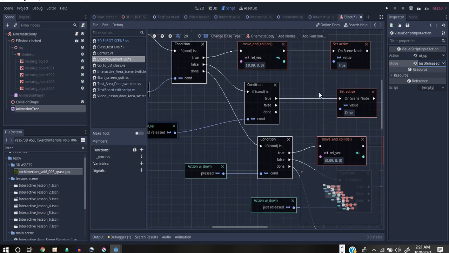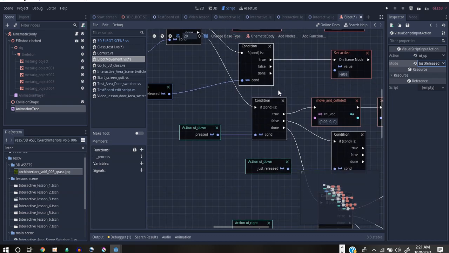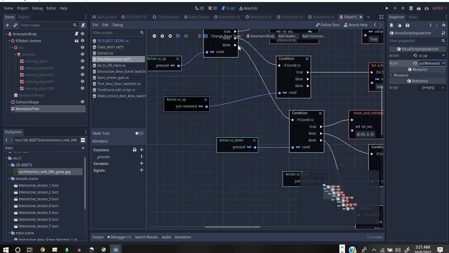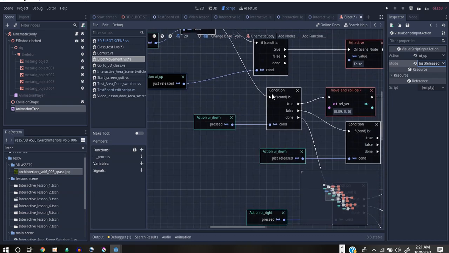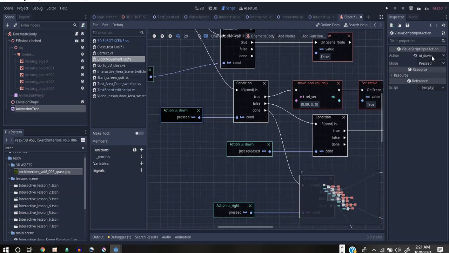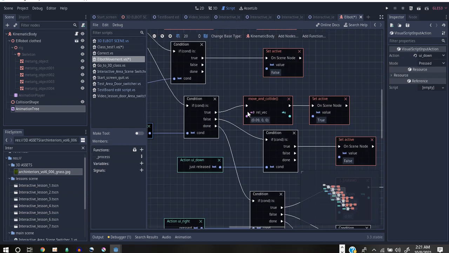All right, it doesn't have to move, it doesn't have to do anything, just stop the animation. So now when it's done, it's going to check another condition. The next condition is that it will check whether the UI down has been pressed. So if the UI down has been pressed, it will move it on the positive